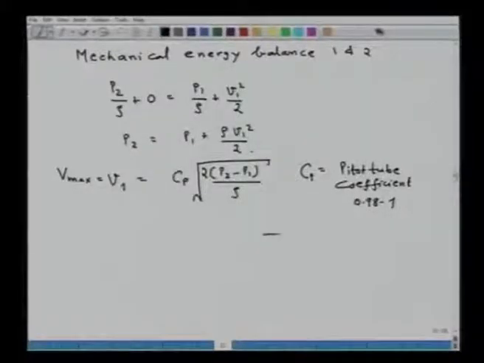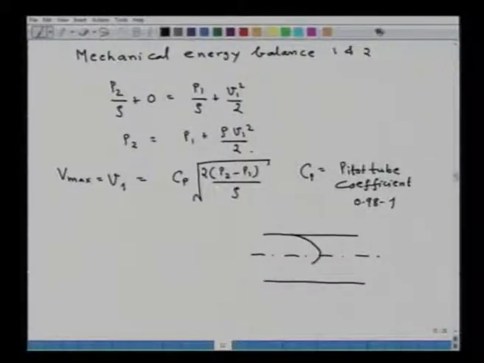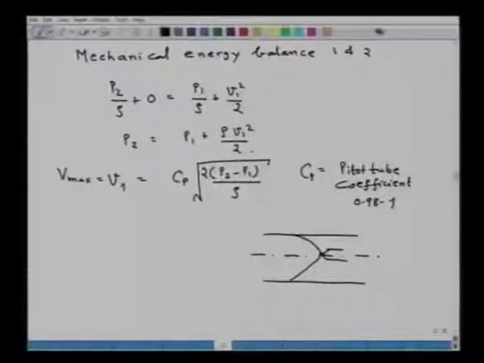So, if I consider this is a pipe, this is a center line. The velocity may be distributed like this. Say we have put our pitot tube somewhere here. So, the pitot tube is measuring the velocity at the center, that is the maximum velocity, whereas this is an average velocity. So, from this the average velocity V bar